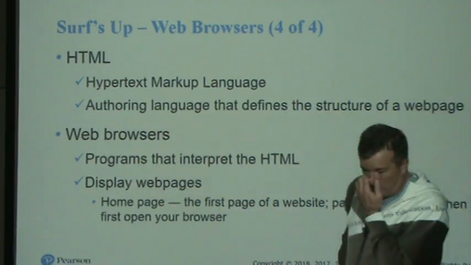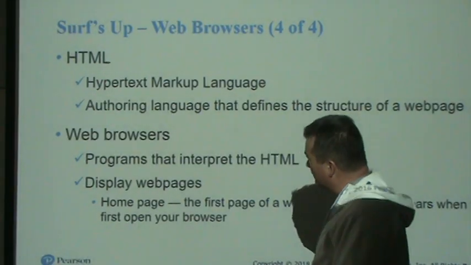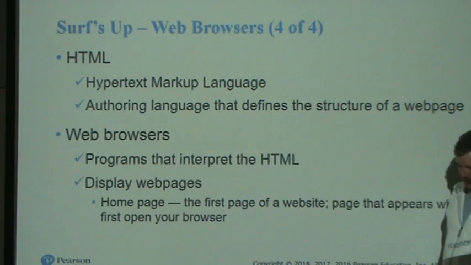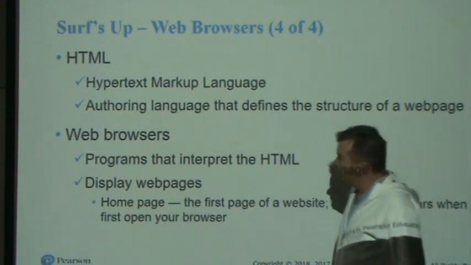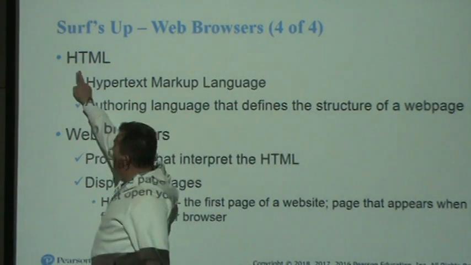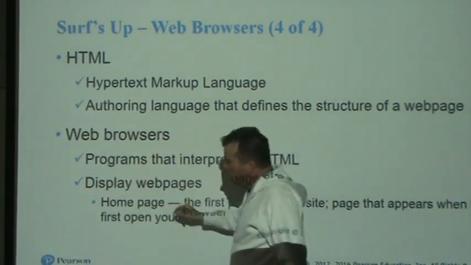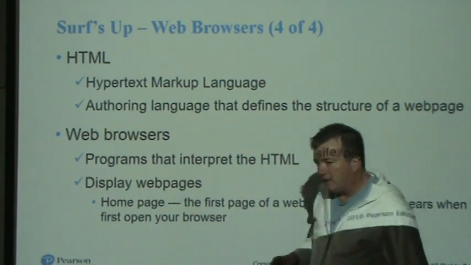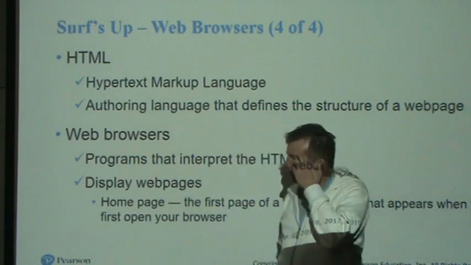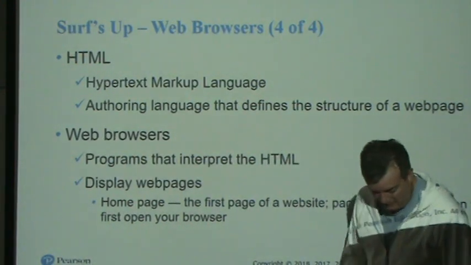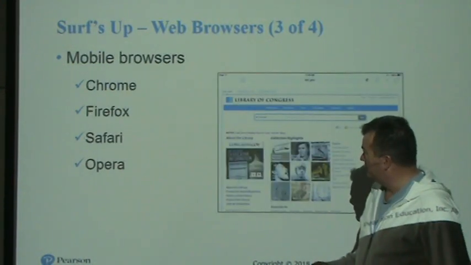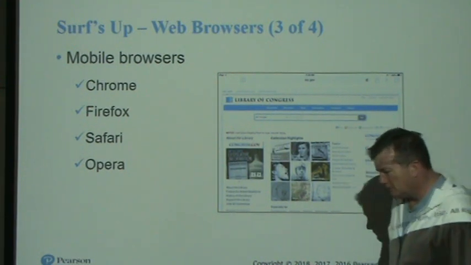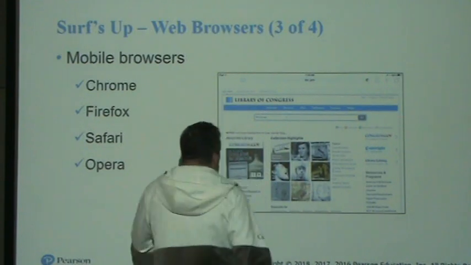Okay. So now, when you're surfing the internet, there's a programming language called HTML, Hypertext Markup Language. It's a language that basically describes how a web page will appear to you. And if you think about it, web pages are effectively rectangles, right? So let's take a look at this web page.